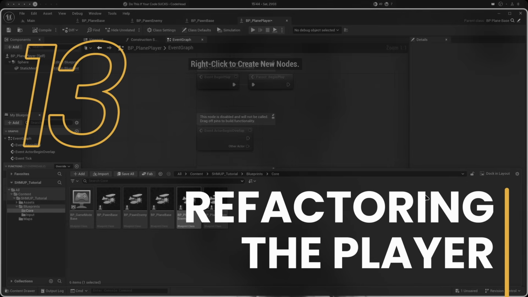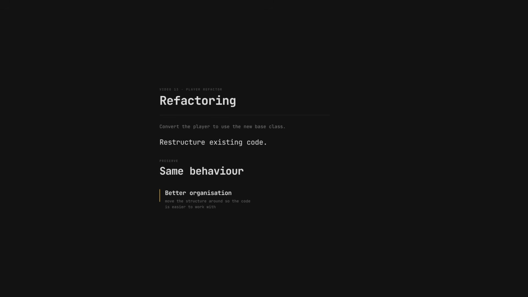The base class is now ready to go. So now we're going to need to convert our player to make use of this. This is what's referred to as refactoring, essentially restructuring existing code without changing what it does. We're aiming for the same behavior, but better organization and reducing overhead or reused variables, components, and things like that